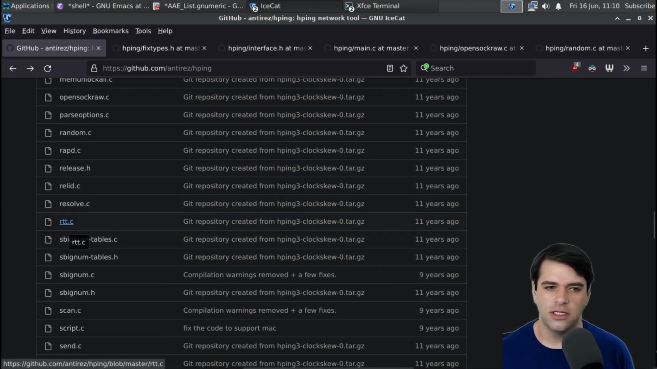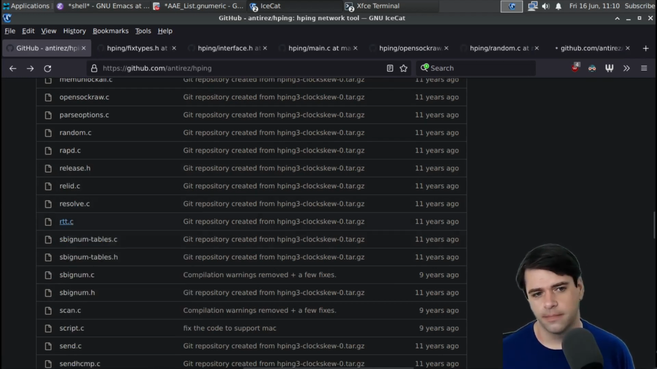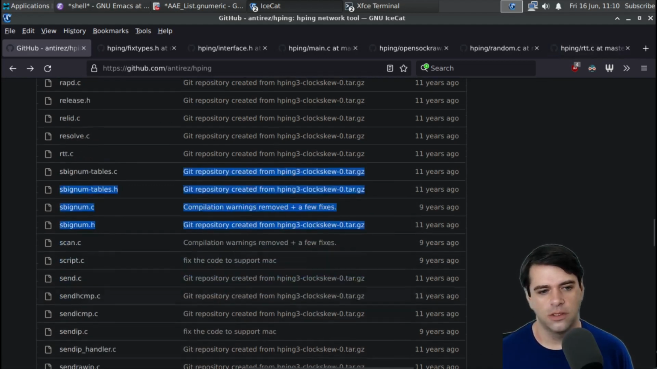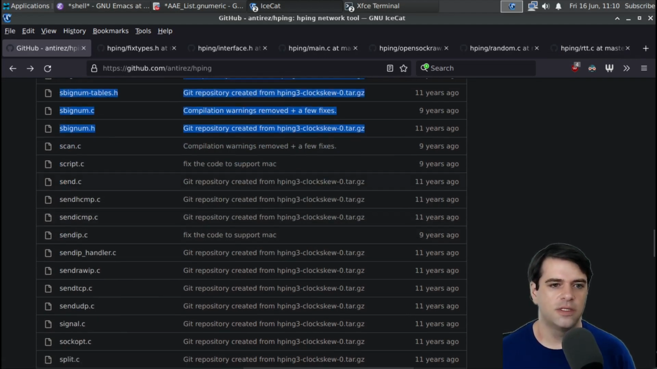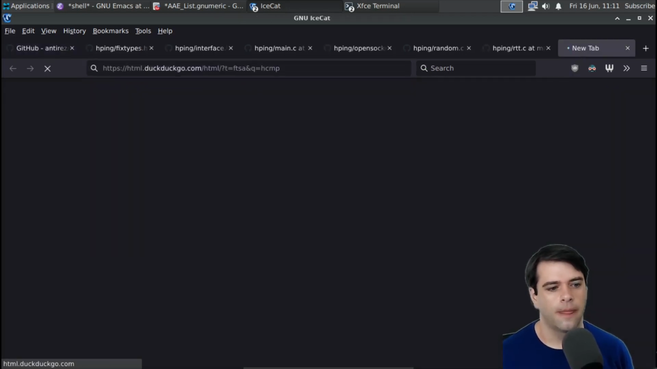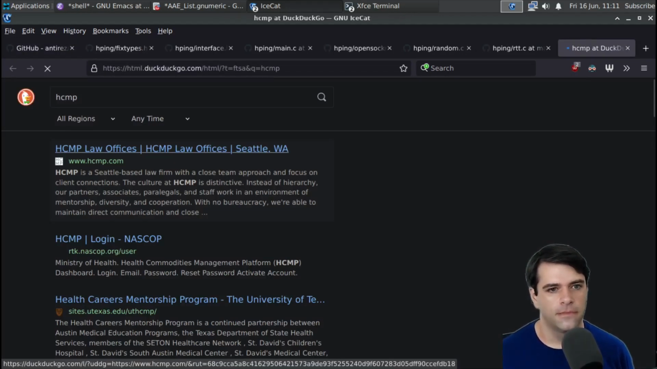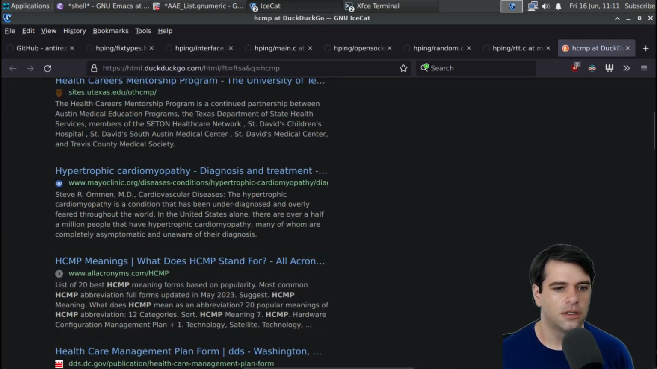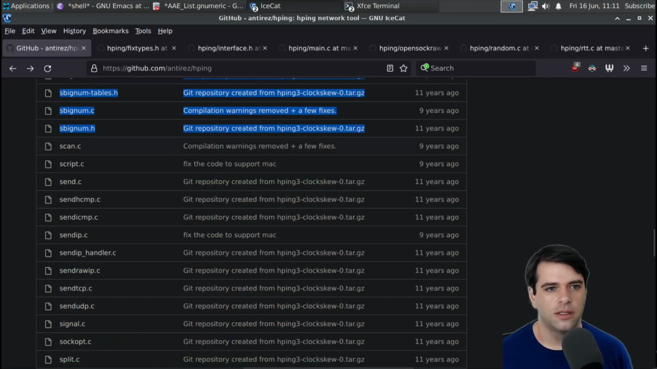Let's see. RTT, probably round trip time. Resolve is maybe DNS. Big numbers and big number tables. Something about scanning, script, send hcomp and send icomp. Well, ICMP, and I'm not sure about HCMP. Is this a real thing? The law offices. Guessing HCMP is maybe the